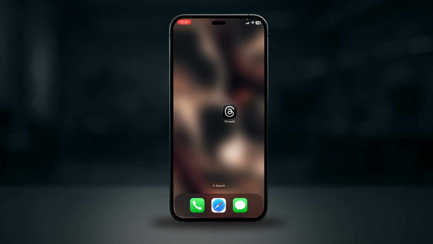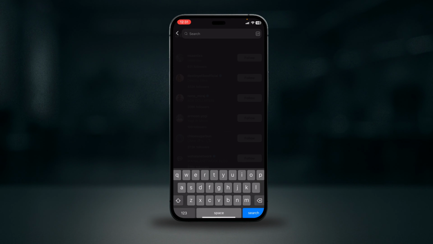In this video I'll be showing you how to use trending hashtags for growth on the Threads app. Even though Threads does not have hashtags in the same way as Instagram or Twitter, you can still use trends to grow fast. First of all, open the Threads app and go to the search tab, and you'll see